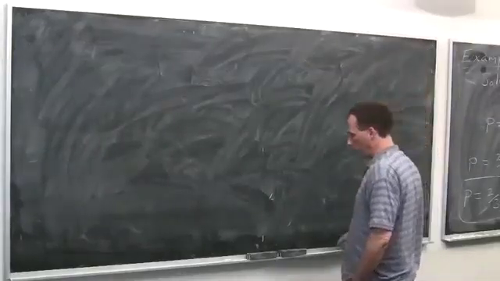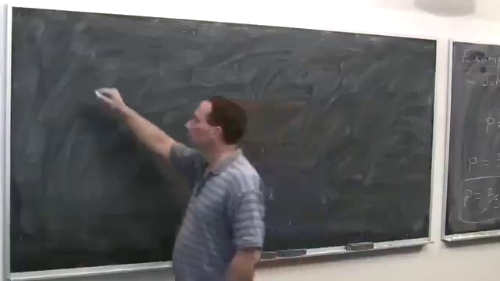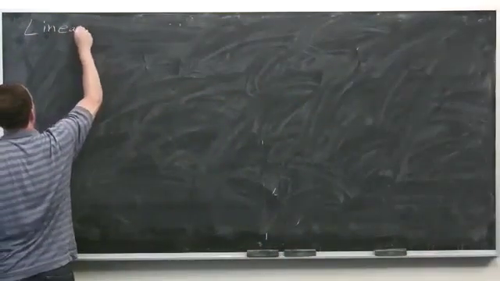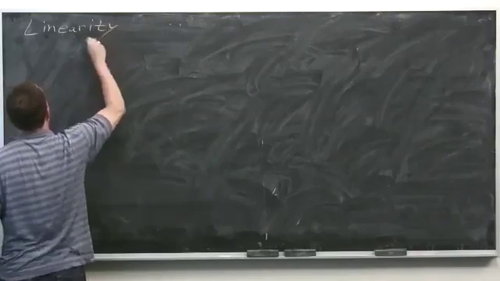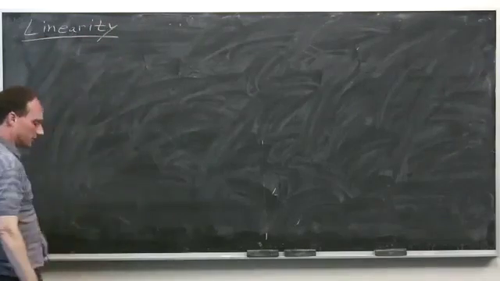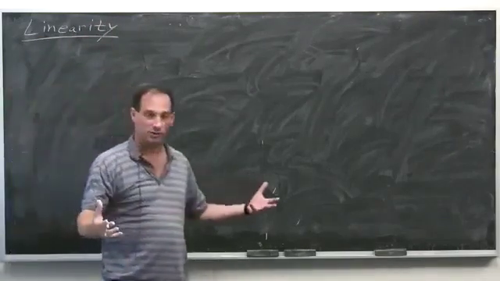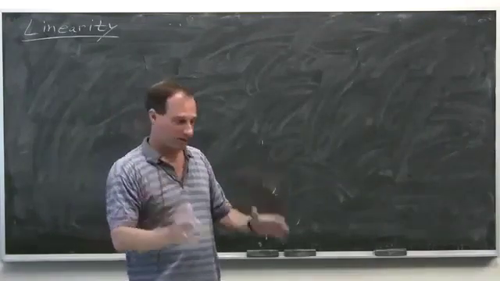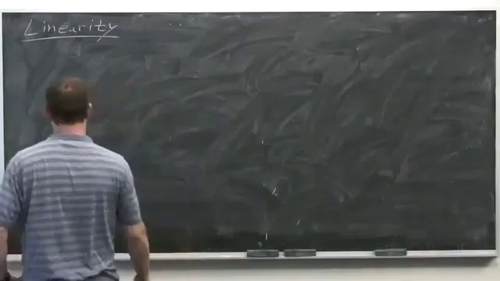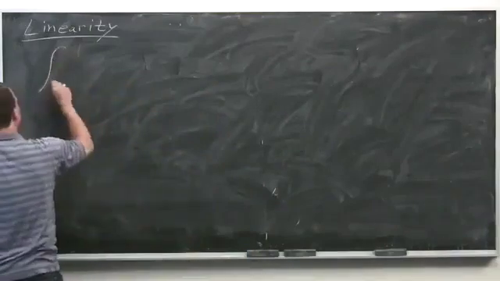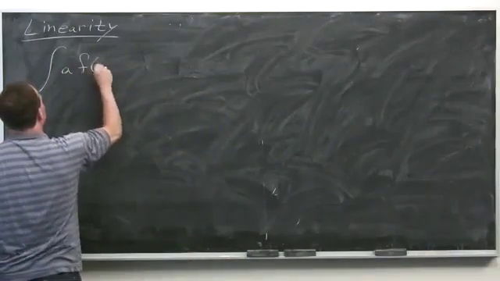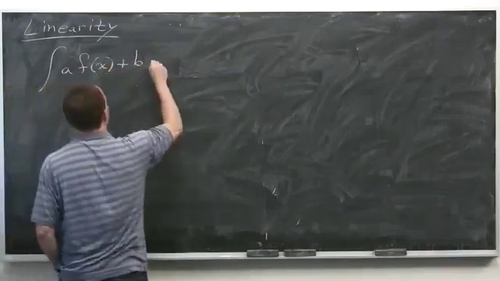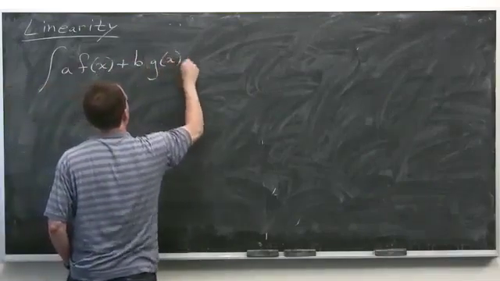A very important one is linearity. Since differentiating is linear, if you take the derivative of a sum of constants times functions, then you just take the derivative of each function, multiply by the constants, and then add. Anti-differentiation works the same way. If you want an antiderivative of a constant times a function plus a constant times another function,